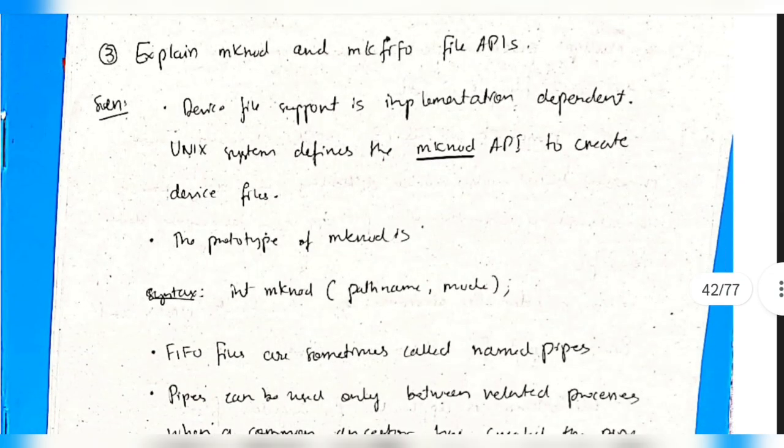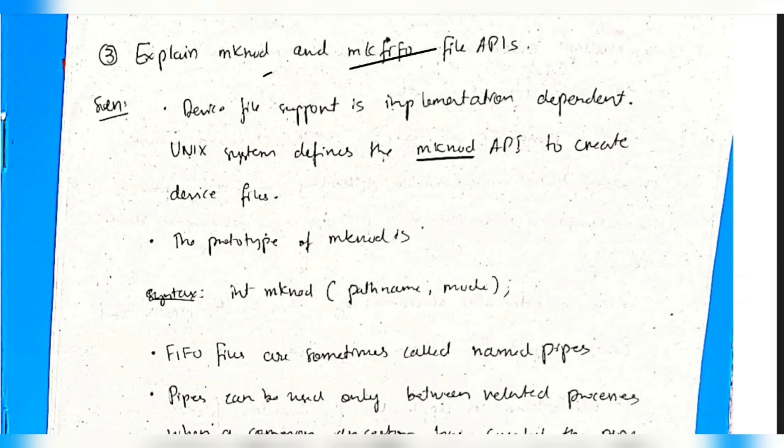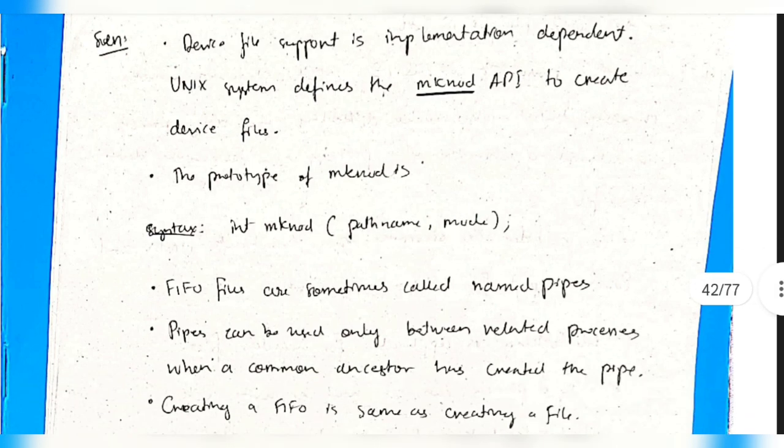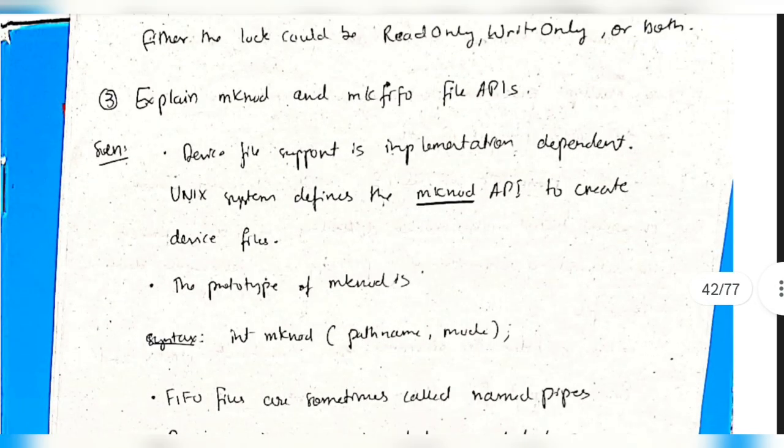The third one is about mknod and mkfifo. This is a very important one. The mknod API is used to store the device information. Device information is stored in mknod. This is the syntax here: we'll have the path name and the mode in which the device file is kept. And FIFO is called a named pipe,